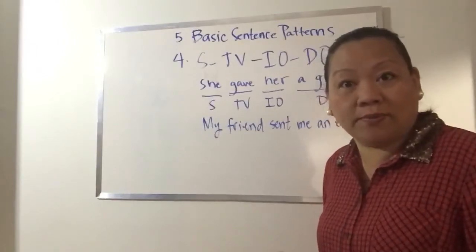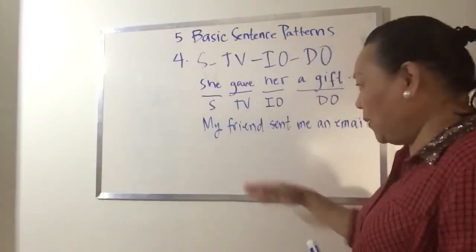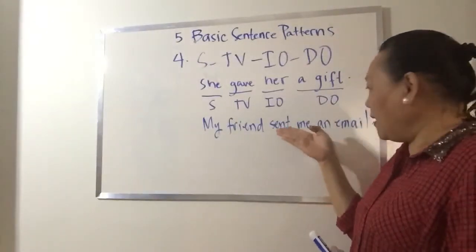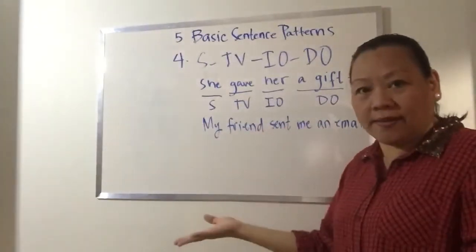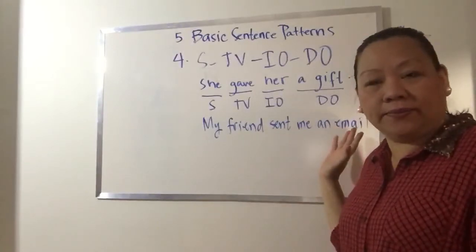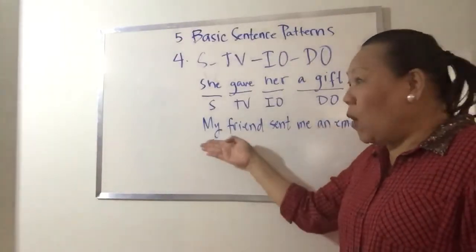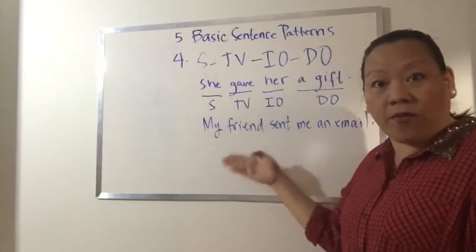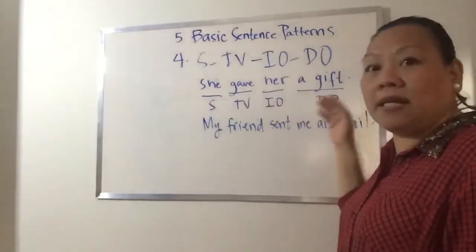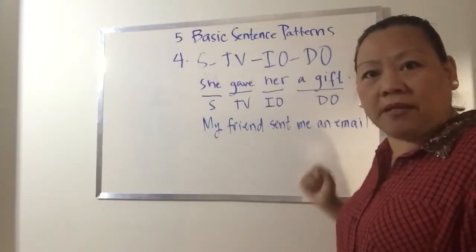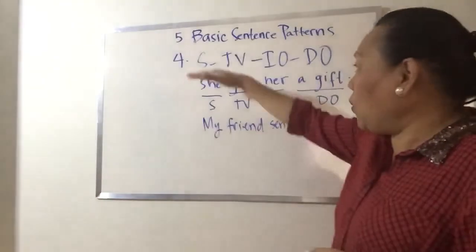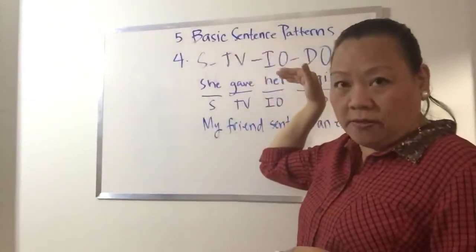It's a noun. Okay? So, my friend sent me what? An email. Okay? To whom, rather? To whom did my friend send an email? Me. That is the indirect object. So always remember, with this pattern, okay,